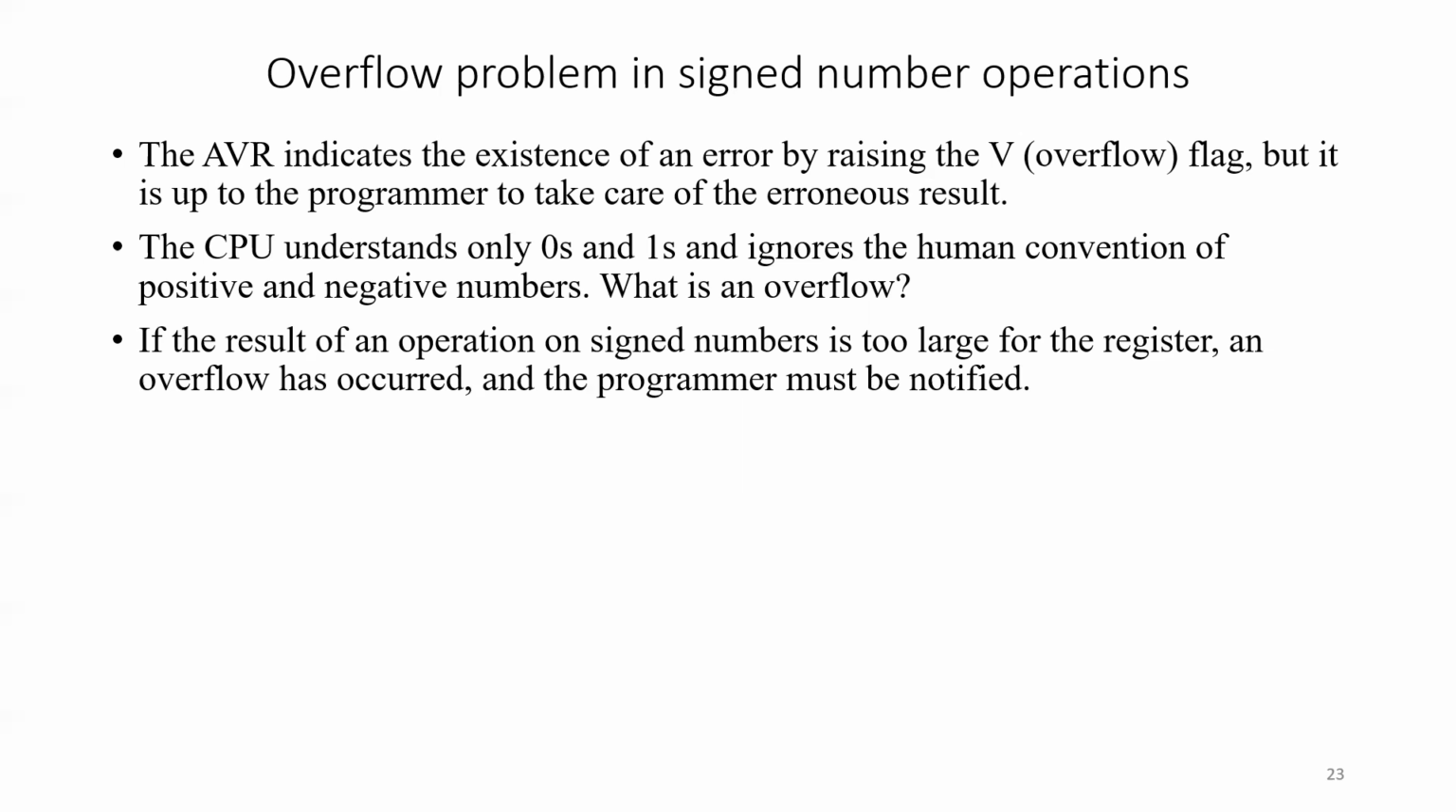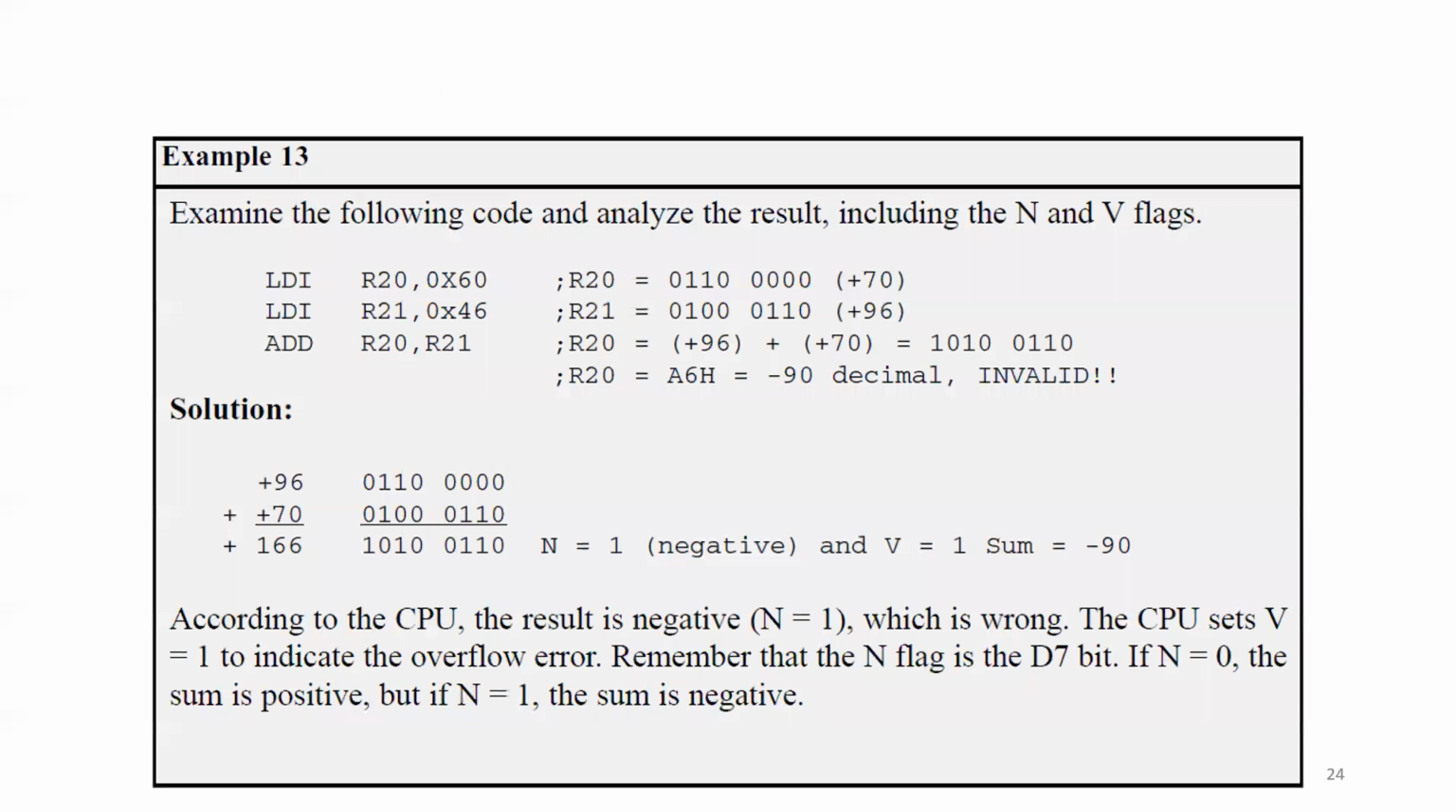In order to figure out the meaning of these expressions, let's solve the first example. Examine the following code and analyze the results, including the N and V flags. So we need to figure out what happened to N, the negative flag, and V, the overflow flag. Let's see this program together, guys. We have LDI R20 with a value of 60, so here R20 would be 60